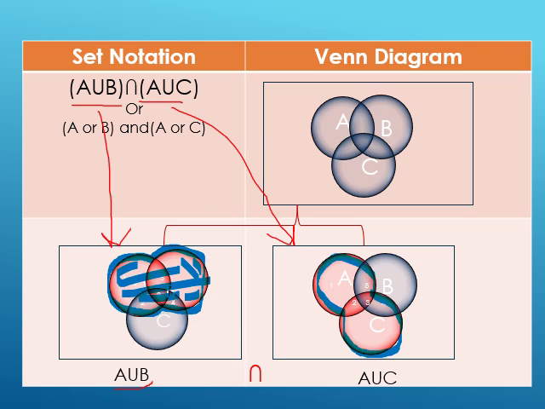If you overlapped these two diagrams, these two sketches, A union B and A union C, then you can observe that A is common in both because we are going to take intersection where they shared the area. A is common in both diagrams, and this segment where I write 4. So this segment is common in both. So this is A union B intersection A union C. Next,